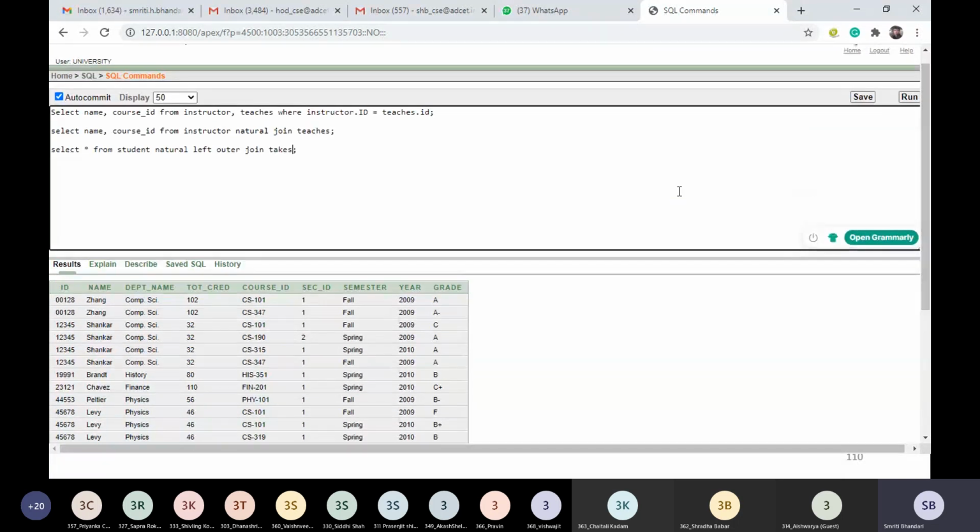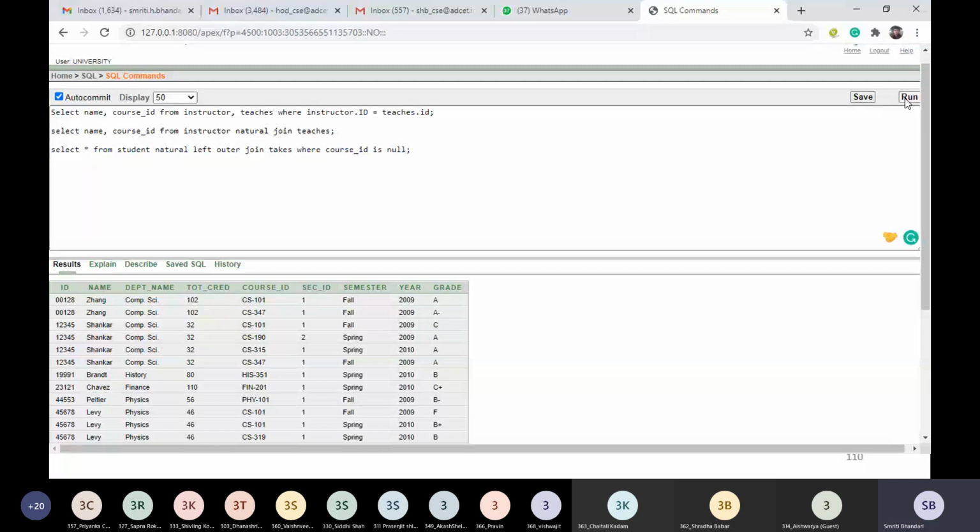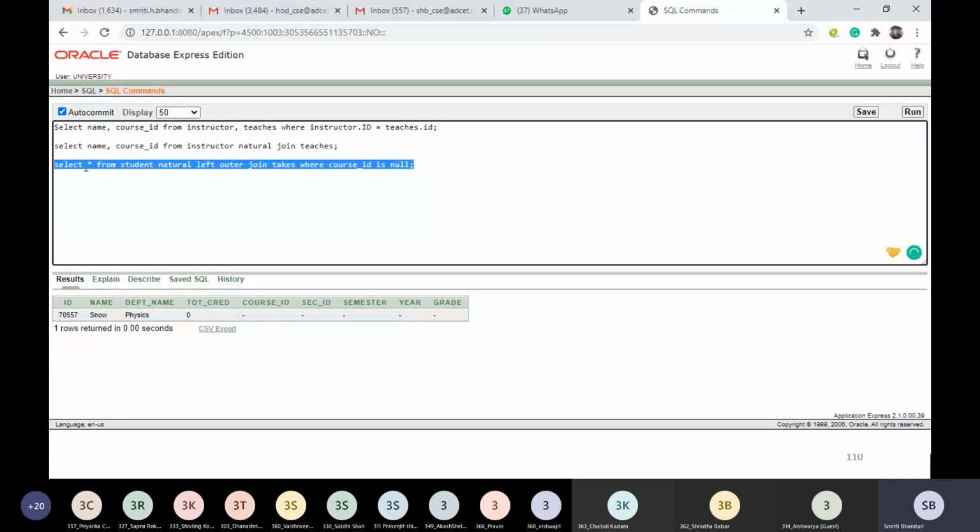So whichever are the students for whom the course ID is null, we would like to extract only those records. So here we are having the predicate where course ID is null. Right? And this is how we are getting this result.